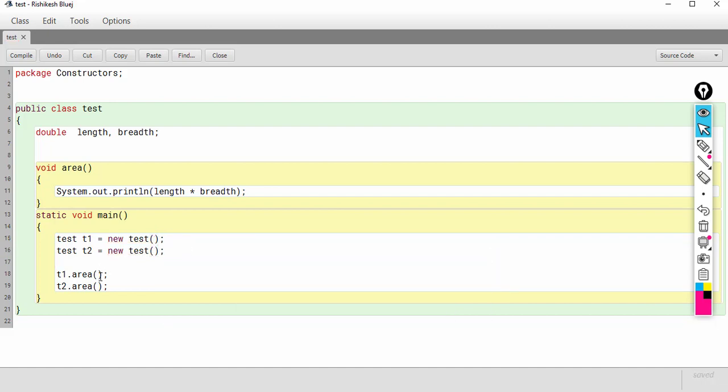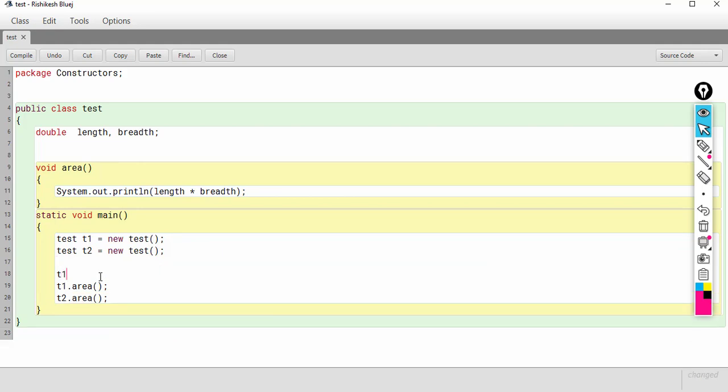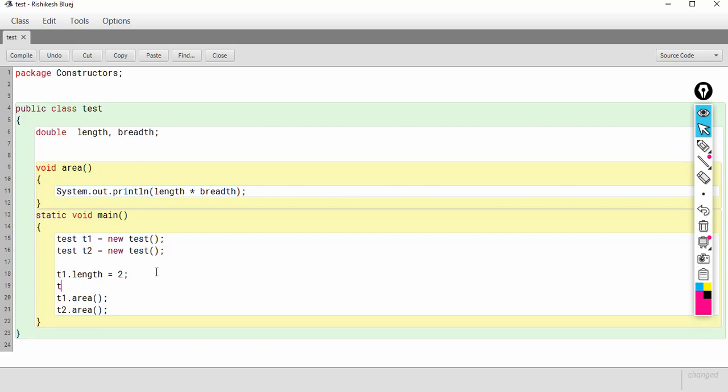Now pay attention here. I will assign values to t1's length and t1's breadth. So when I say t1 dot length is equal to, let's say 2, and t1 dot breadth is equal to 3.